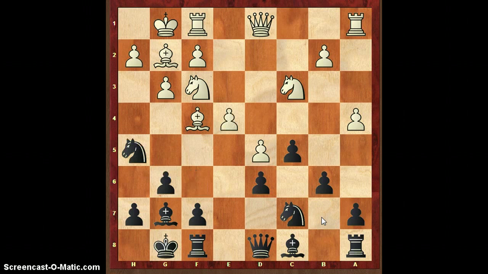e4, and we have knight to h5 attacking the bishop on f4. Zak didn't retreat the bishop to e3 or d2. He played bishop to g5 attacking the queen on d8, so Rashid has a choice: knight to f6, bishop to f6, or pawn to f6, or maybe queen to d7 or e8. He played pawn to f6, and now Zak moves the bishop to e3, but not for a while because Rashid's next move is f5 attacking the pawn on e4, and Zak simply returned his bishop to g5 attacking the queen again.